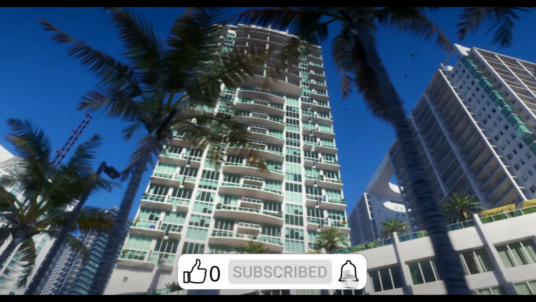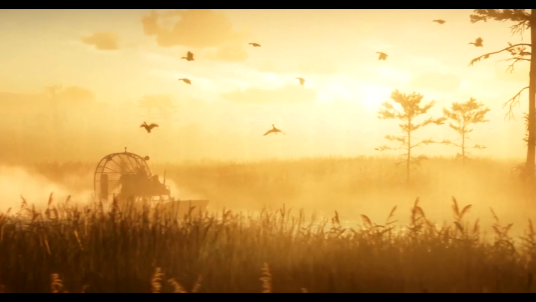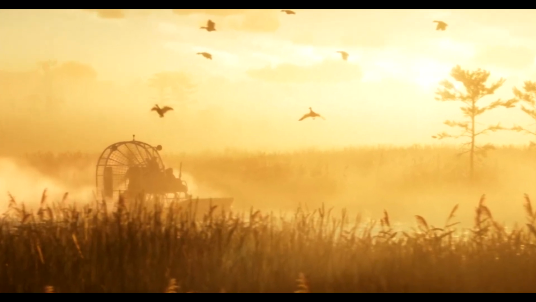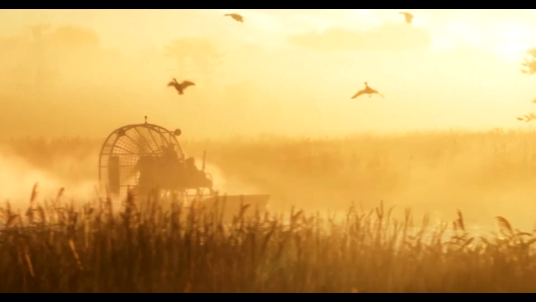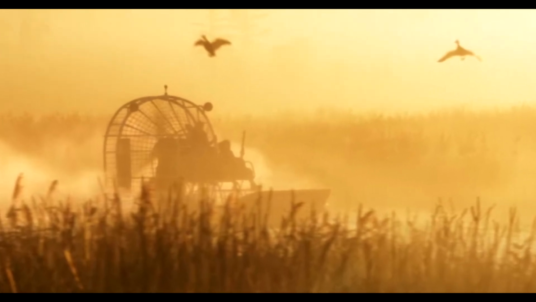These high rises look amazing. I mean, there isn't much else to say. Then we get the first image of the outside of the city. I guess you can call it the swamp area, with the lakes and all that. We can see an airboat with a big fan on the back of it. That's something that we don't have in GTA 5, and you do see it a lot in Florida, so that